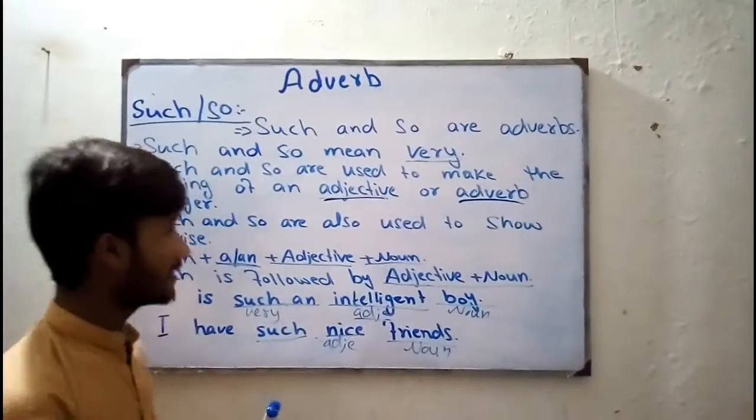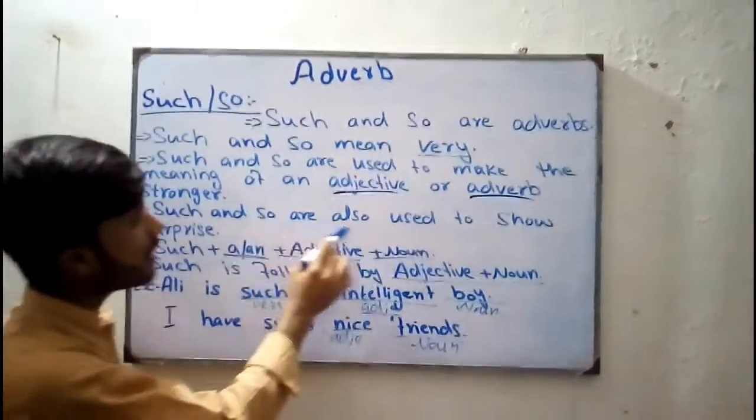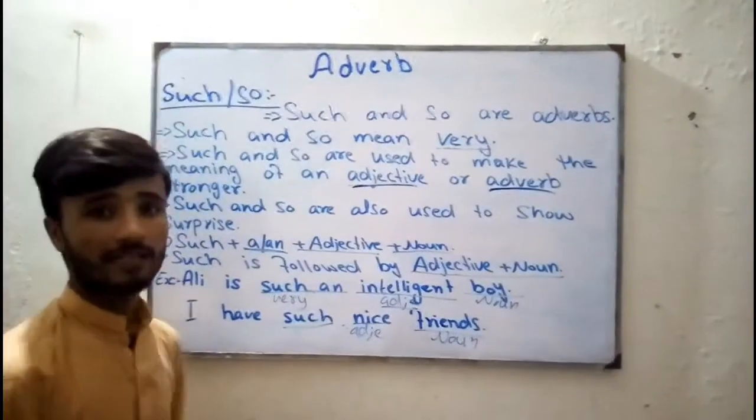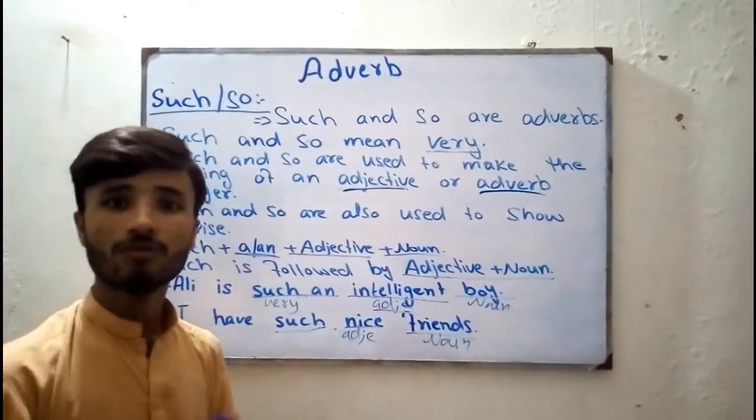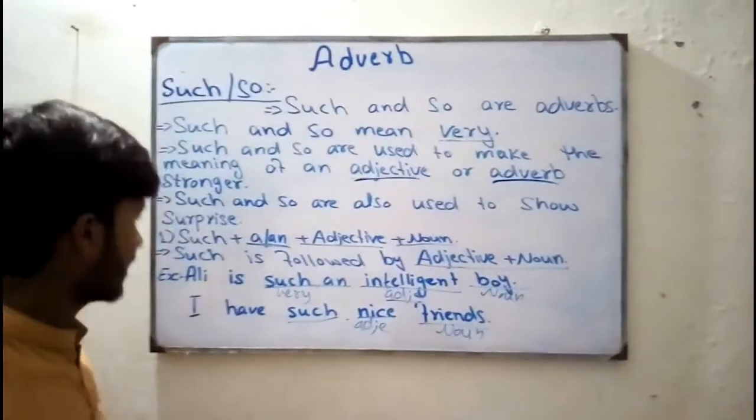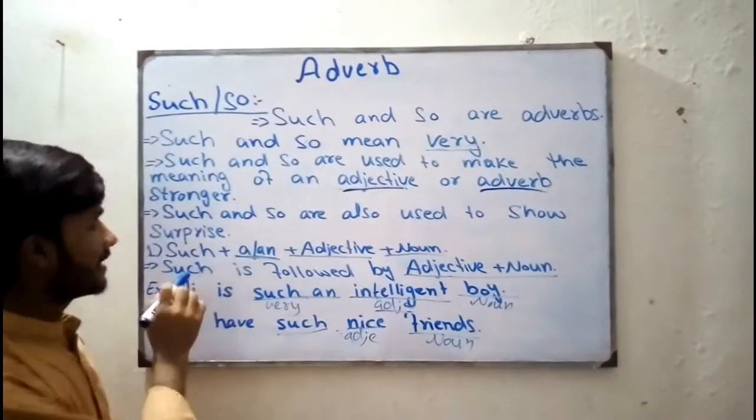Is this clear, guys? See, such and so are also used to show surprise. ये हैरान कुन लम्हात को भी जाहिर करते हैं। कैसे? देखिए, स्ट्रक्चर देखिए, प्लस